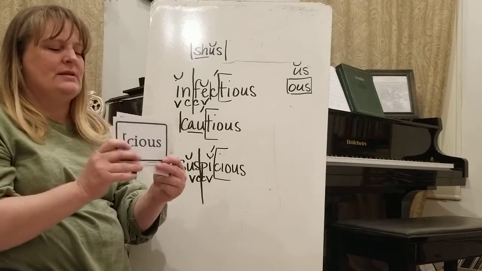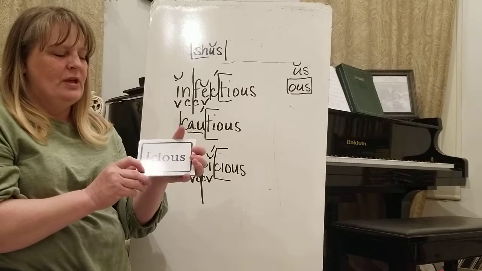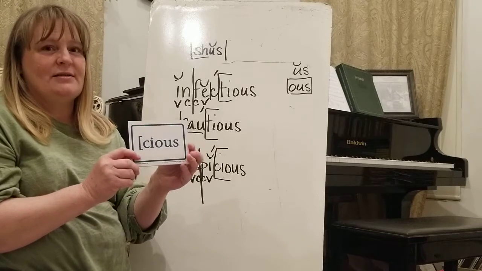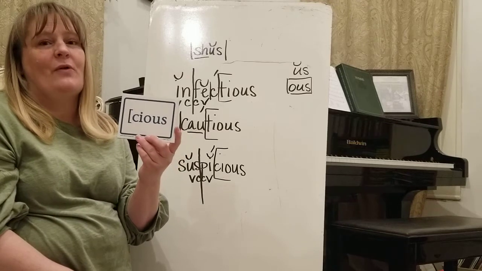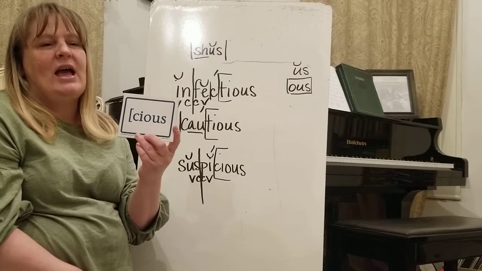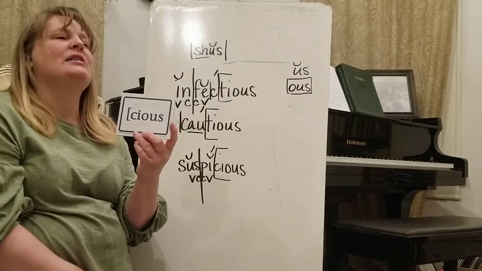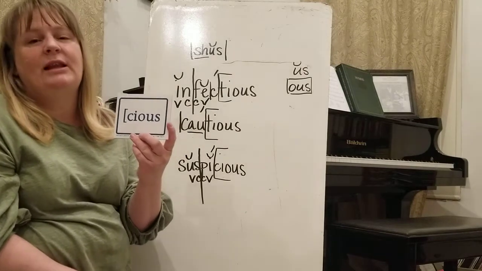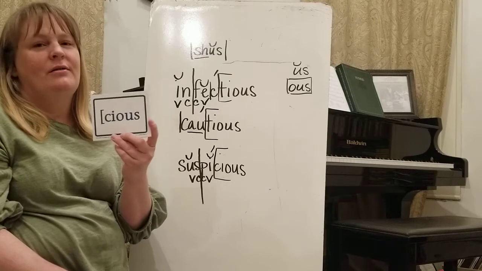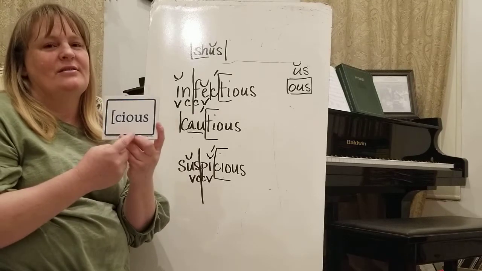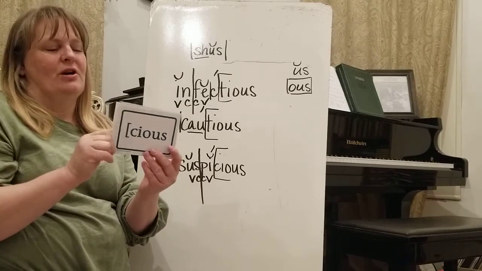Okay, let's see if you can figure out the picture on our final stable syllable with C-I-O-U-S. So this one's going to be C-I-O-U-S. So it's still going to say shus at the end. And this picture also talks about food. It's what you say when you taste food that is really yummy. You really like it. You say, oh, that cake was so... Can you think of a word that ends in shus? Our picture card is